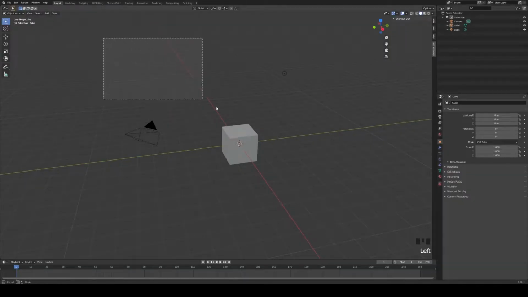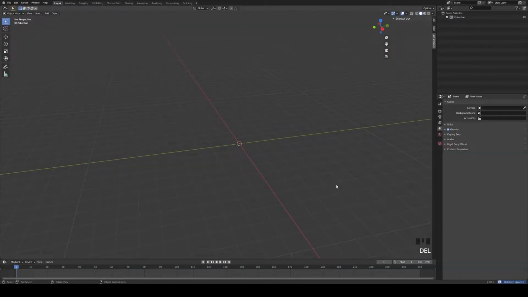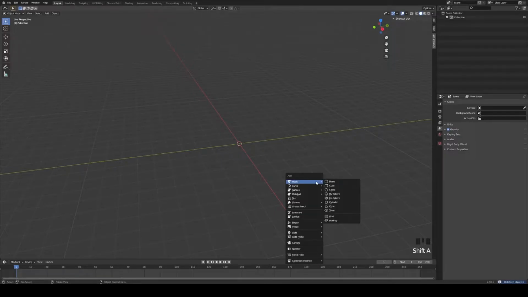We'll also need a 3D modeling program. I'm going to be using Blender. And in the end, we're going to tie all of it together in Unity. So let's get started. Okay, so in Blender, I'm going to delete all of our starting stuff, hit Shift A,